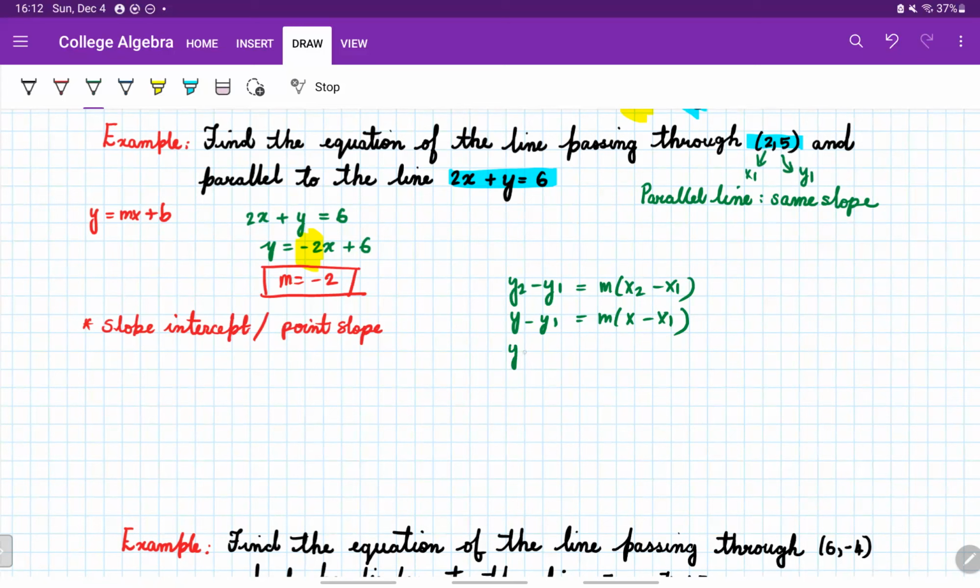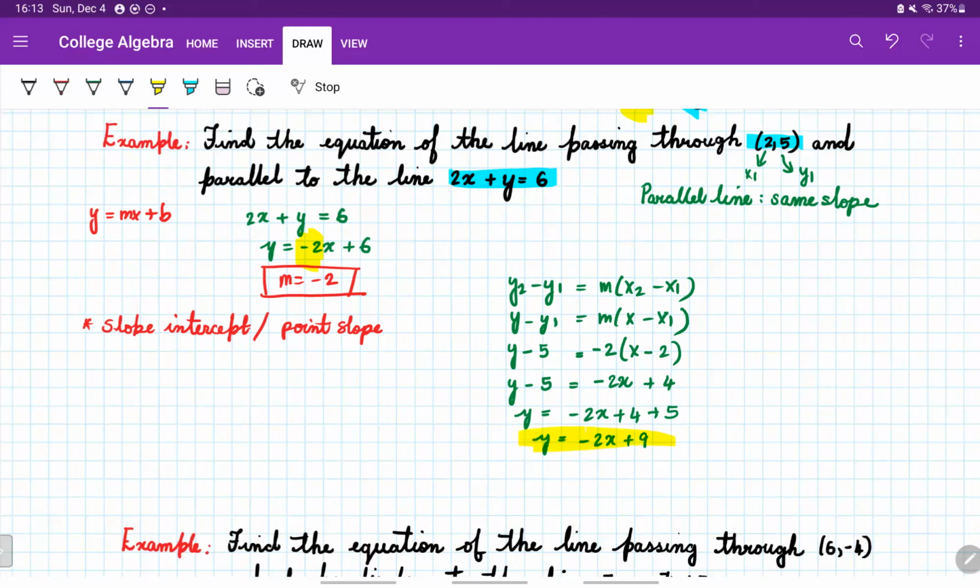So we have y minus y1, which is 5. The m we found is negative 2 and x1 is 2. You get y minus 5 equals negative 2x plus 4, and y equals negative 2x plus 4 plus 5, giving us y equals negative 2x plus 9. So this is the equation of the line that passes through (2, 5) and is parallel to the line 2x